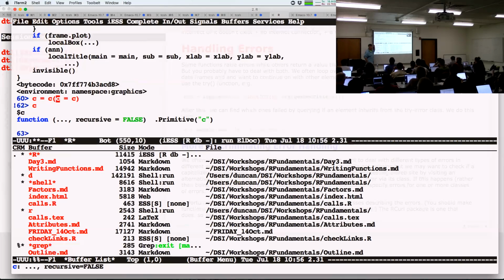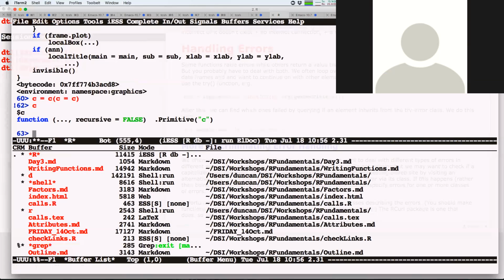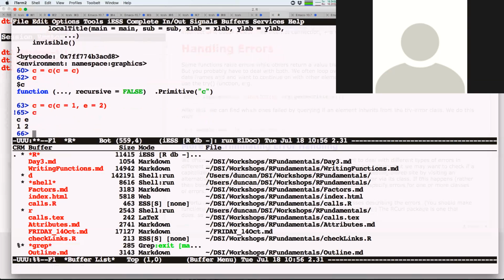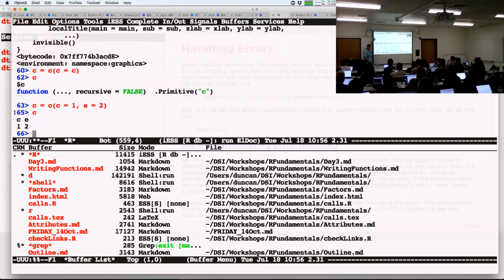Why didn't I get back a vector? Because if I've done C of 1 and D equals 2, I get back a vector. Why did I get back a list? And I know it's a list because I have a dollar sign here telling me the elements. Or because I can say, are you a list, please? Pardon? Because you can't have a vector, because I can't have a vector of function. So the C function is trying its hardest to get everything back to a vector, but it says there are some things that just cannot be vectors.